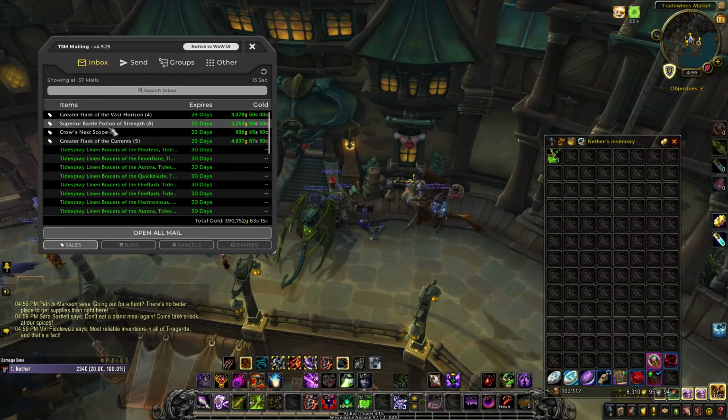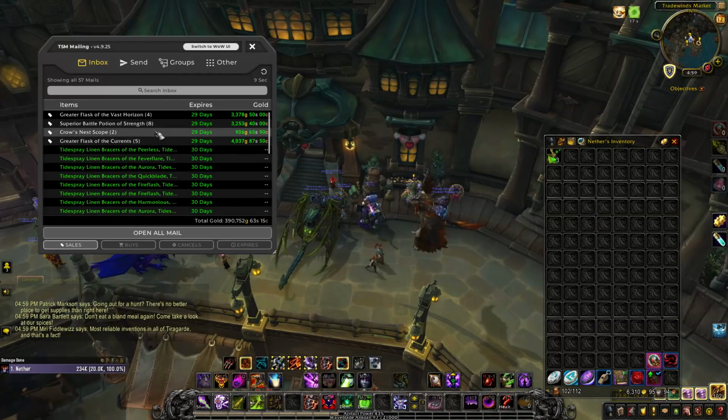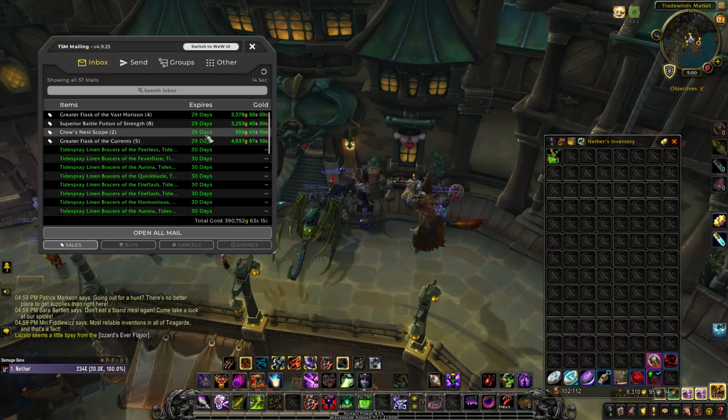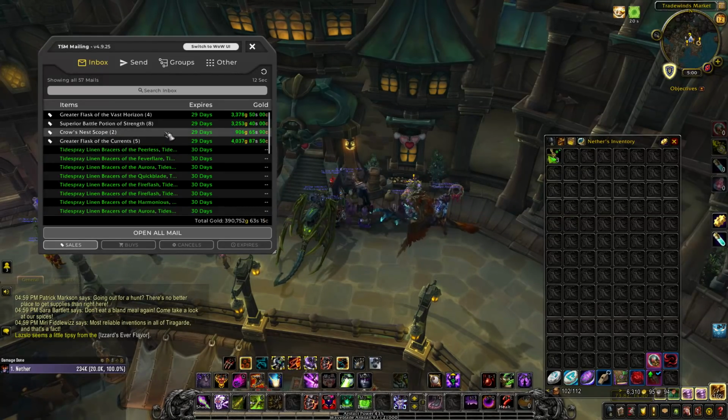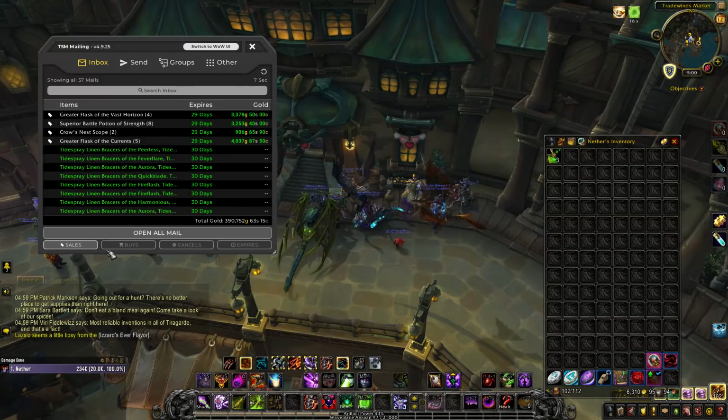Oh, I did sell something from Engineering. 2 Crow's Nest Scopes for 906 gold. There we go. Those are our first profits from Engineering. Yes. That pales compared to the rest, but it is profit, I guess, and it is the first thing we have sold from the Engineer. But there we go,